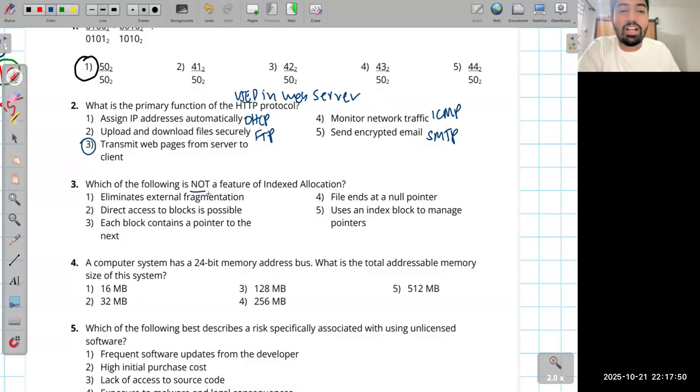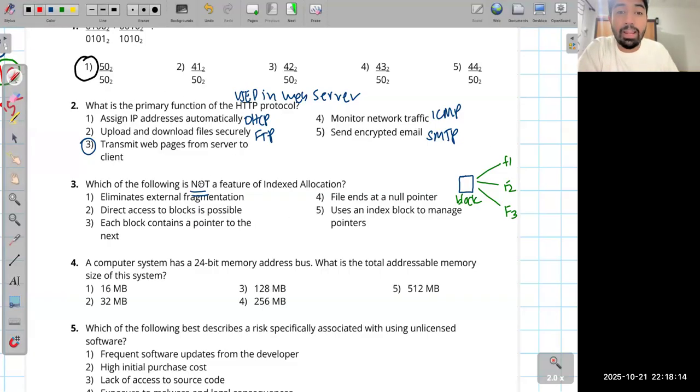Which of the following is not a feature of indexed allocation? You have an index block, and this index block has the file's location. This index block has the location of the file, right? Like the table of contents. It's a way of how files are allocated. Indexed